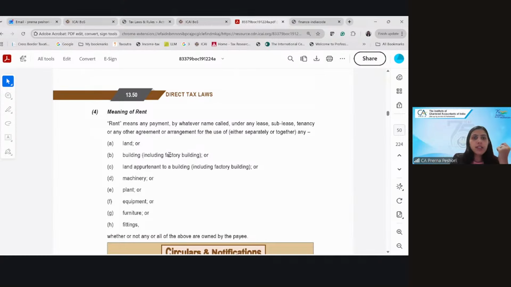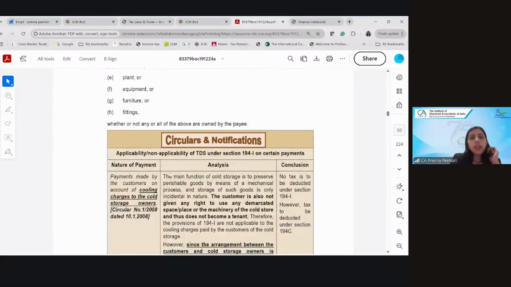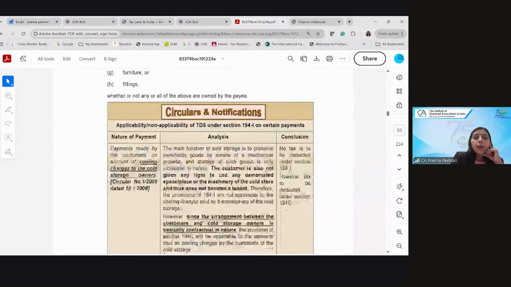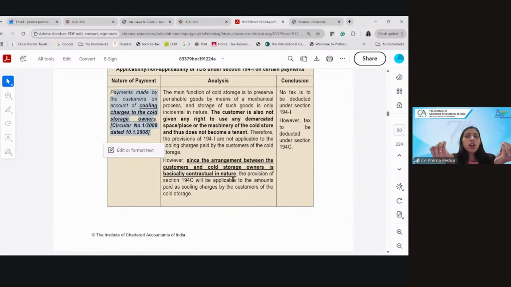let us look at some of the circulars for the 194I Act. Payment made by the customers on account of cooling charges to the cold storage owners. What is a cold storage, students? Goods are kept in the cold storages by the owners. Correct, like chilies, to preserve certain perishable goods. So if the customer pays for the cold storage charges, whether it is rent,